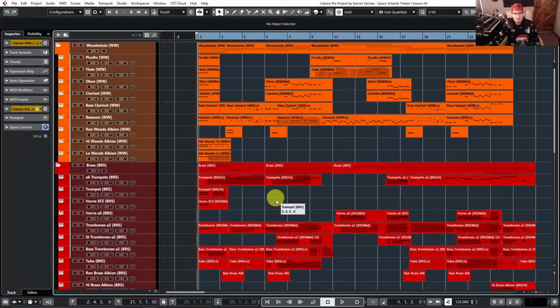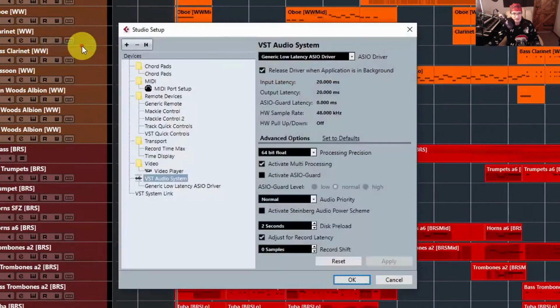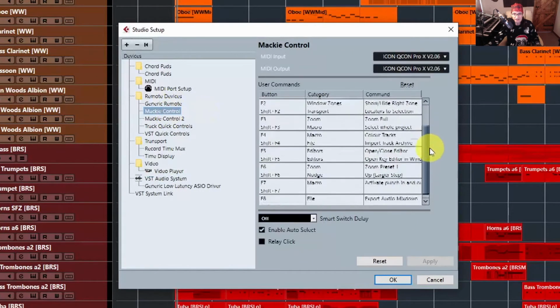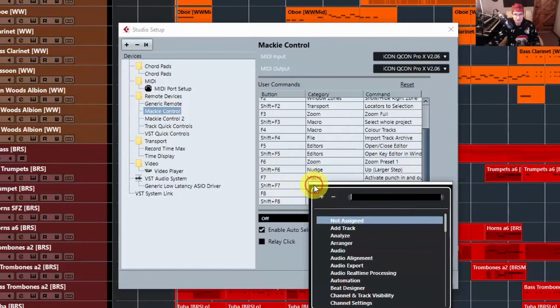If you want to program it into the function key of the QCOM Pro X or another Mackie controller, you'll need to go into Studio, Studio Setup, click on your controller, and then you'll find a list of keys here that you can program again. So that's empty. We'll put it into Shift F7 and we'll click on